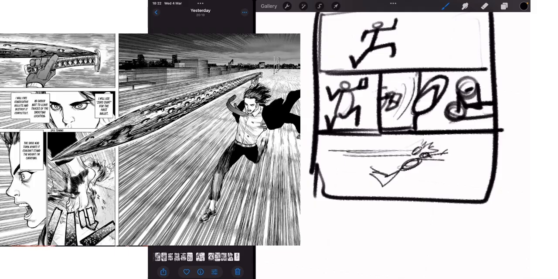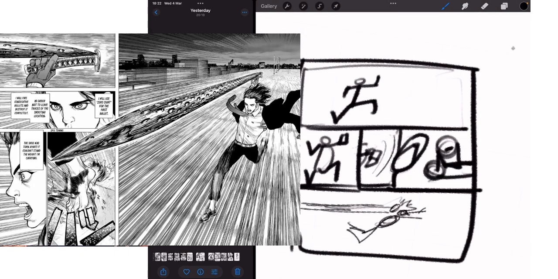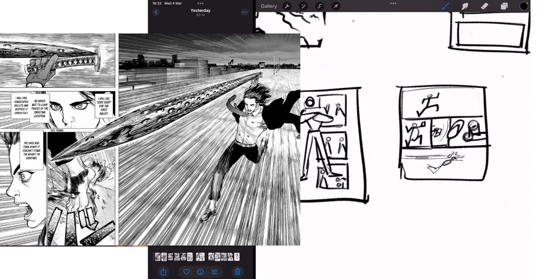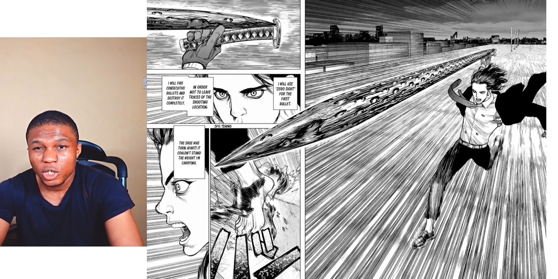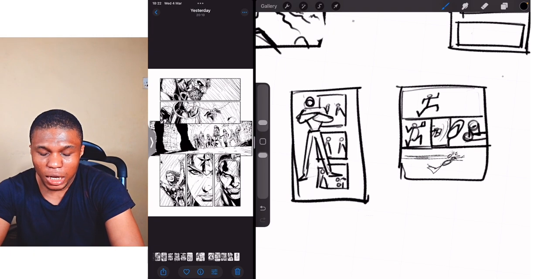Hope that made sense. So yeah, you could use overlapping elements like this, and it could add a bit more interest to your comic book panels. I've seen this a lot in comic books, and it's really helpful to make your scene look a bit more interesting, a bit more graphic, and nice to see. Another thing is